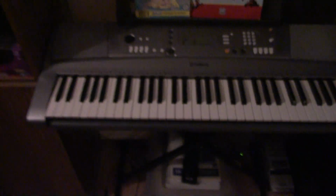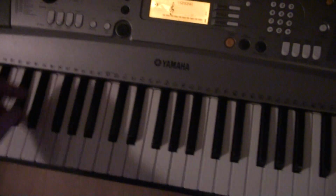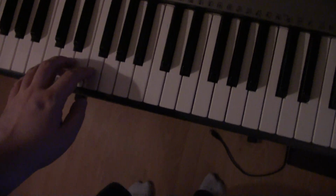Alright, moving on. Another new addition to the room is this keyboard. There's my old keyboard over here. This is the one that I used to use for like when I would do music and stuff. But when I was at a rummage sale recently, I found this, which is a much nicer keyboard. You can get a lot more sounds from it. Like,